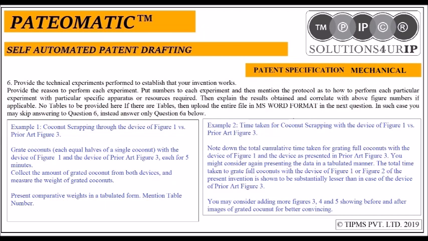Unfortunately, in the absence of your detailed working examples with proper explanation to reproduce the invention, the patent examiner may opine that the enablement requirement has not been fulfilled, which may further result in rejection of your patent application. Hence, do not presume that the reader already knows, but definitely mention all necessary and required details to disclose the working